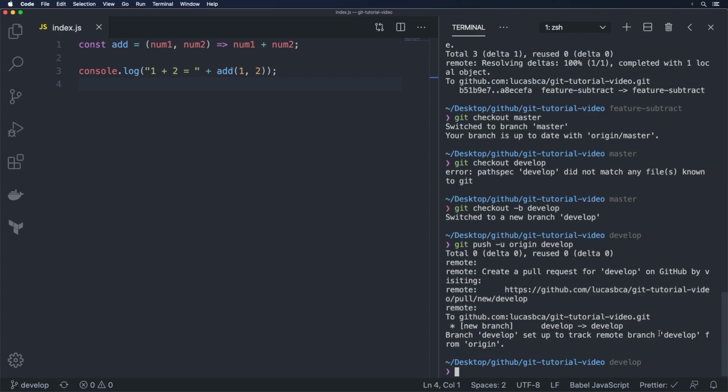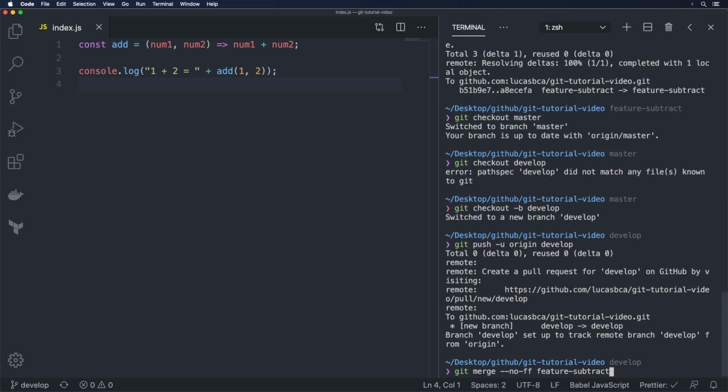And now what we're going to do is merge onto the develop branch our feature subtract branch. So the basic idea is we do git merge, and then feature subtract. However, I do not like to do git merge feature subtract like this directly. I actually like to use --no-ff, and I'm going to show you the difference between ff, which is fast forwarding, and no-ff. But firstly, I'm going to do git merge --no-ff,